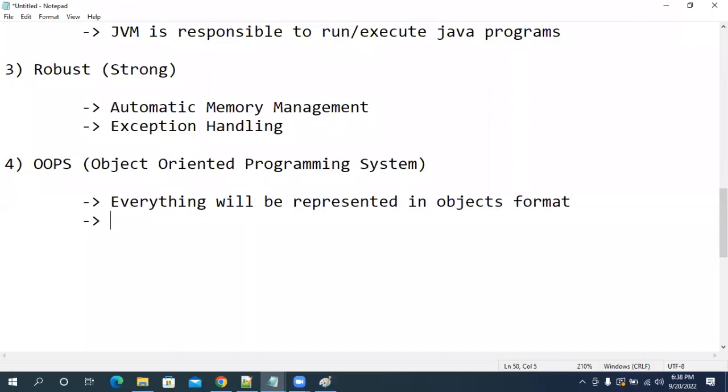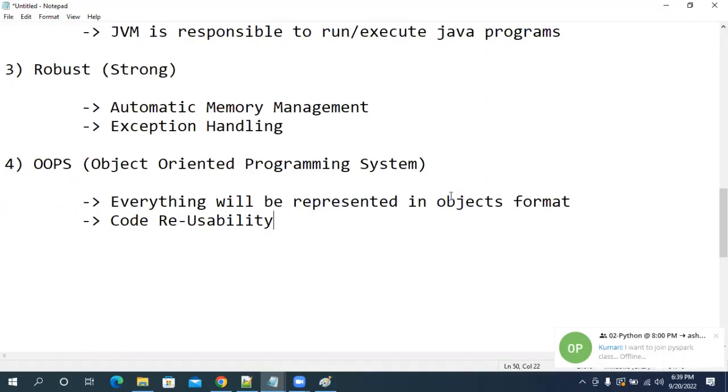Reusability. Whatever code we write, we can reuse that code for different purposes. If you follow OOPs principles, which are a set of principles available in your academics, you might have studied about them: inheritance, polymorphism, abstraction, encapsulation.